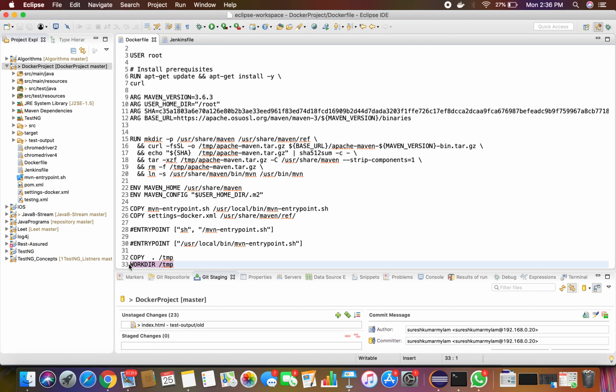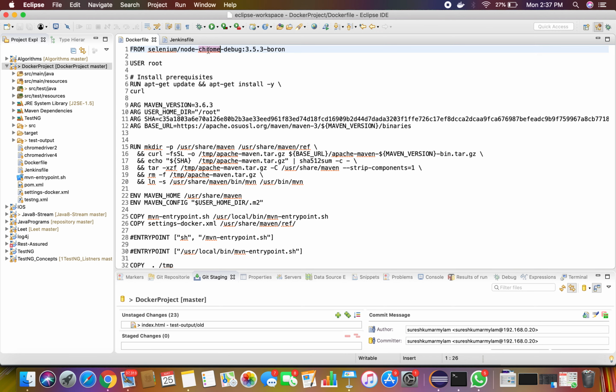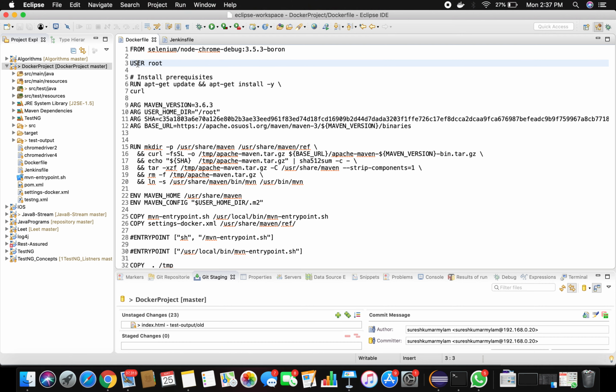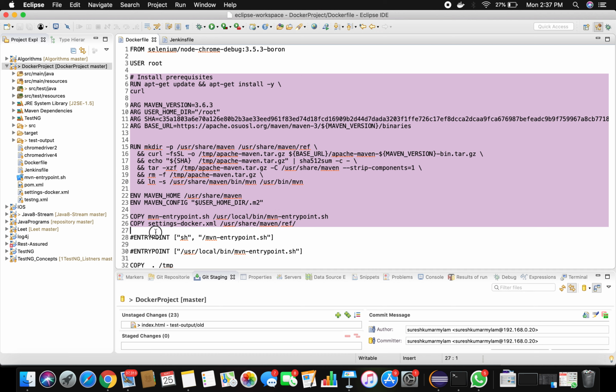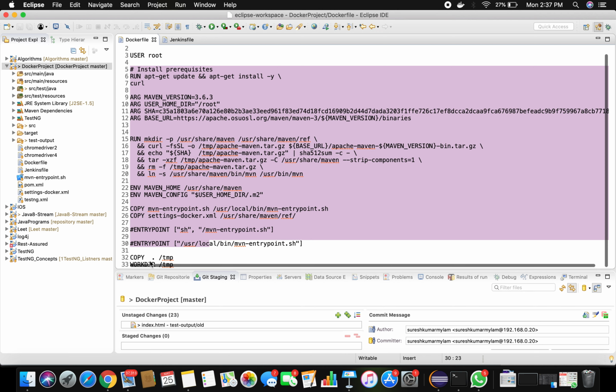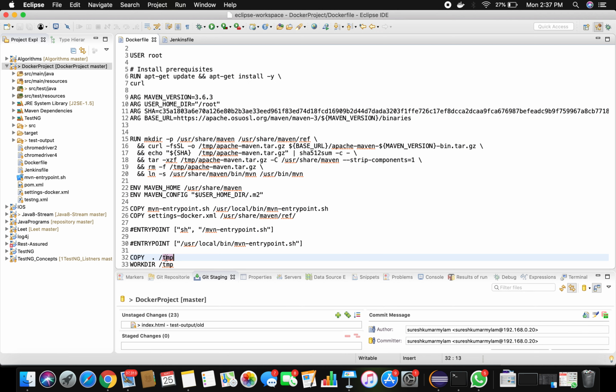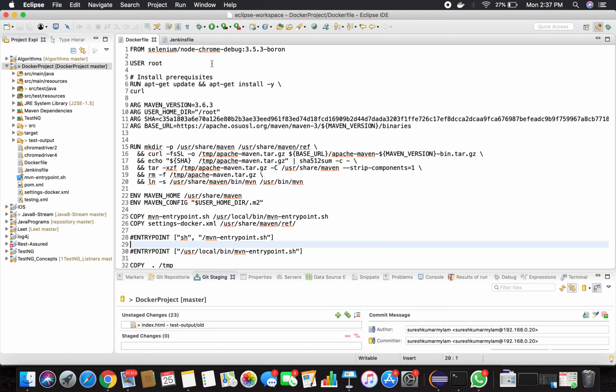So once this image builds, it gets this image, sets the user as root, installs Maven, copies the whole project into a temp directory and makes that temp directory your working directory. This is the Docker file.